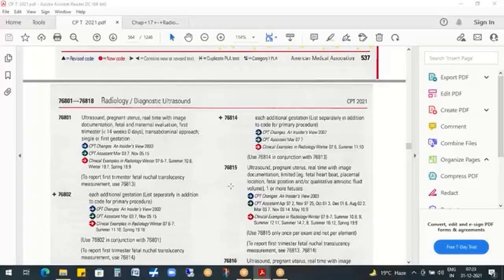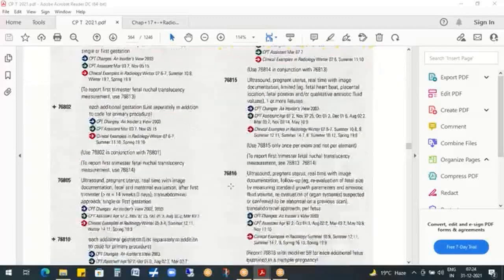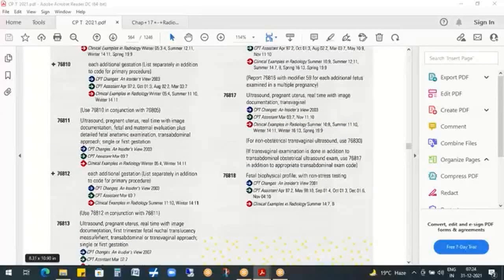Ultrasound, pregnant uterus at real time with image documentation, fetal and maternal evaluation, first trimester, transabdominal approach, single or first gestation. Each additional gestation is an add-on code. 76805, she is coming after first trimester. 76810, 76811,